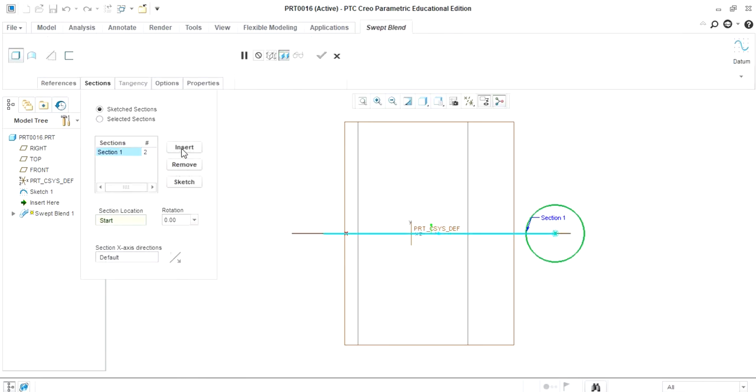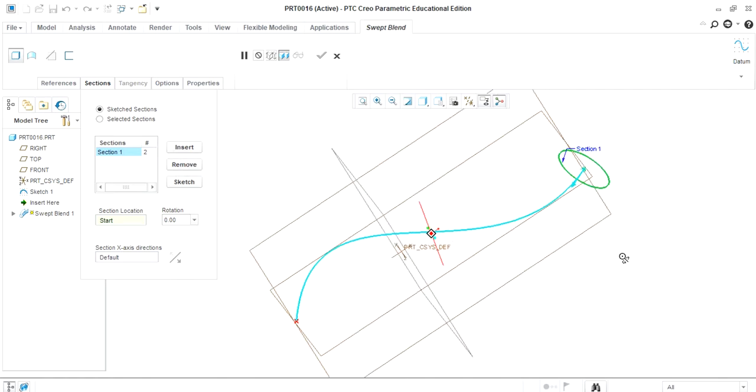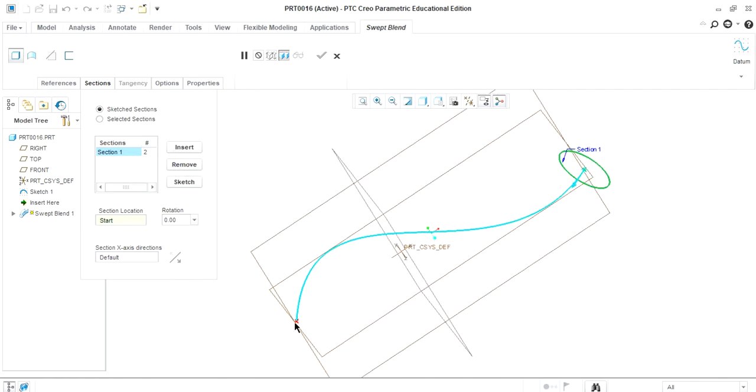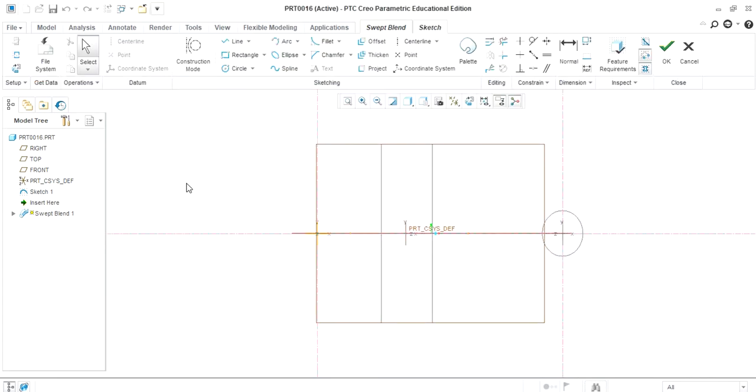Then we have to draw the second section. This second section we have to draw at this point. This first section is perpendicular to this profile. So for that purpose, click on the insert, select second section, go to the sketch. Then you will directly transfer to the second axis.